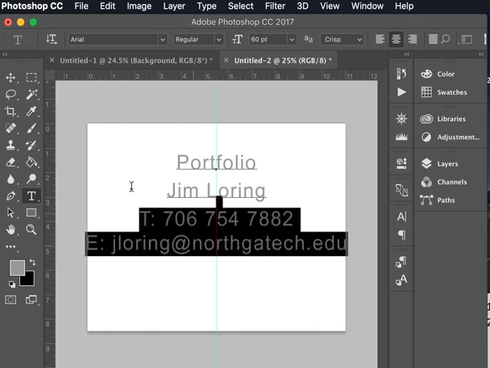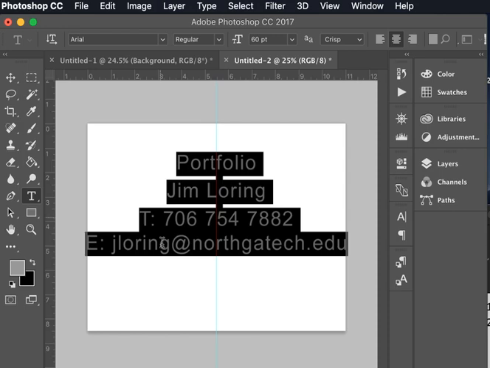Okay, I've just done that on one block, but I'm going to resize